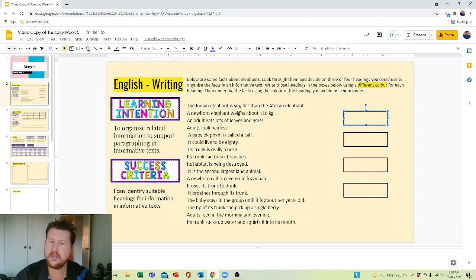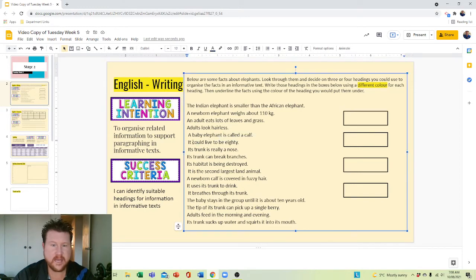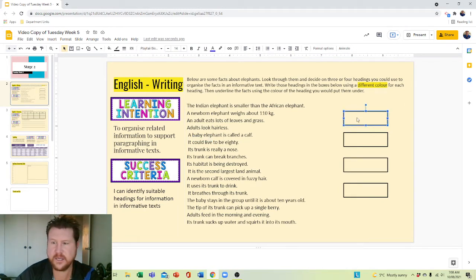So, the Indian elephant is smaller than the African elephant. A newborn elephant weighs about 110 kilos. An adult eats lots of leaves and grass. Adults look hairless. A baby elephant is called a calf. It could live to about 80 years old. So, there's plenty of different things there. The first 2 here, I'm going to look at